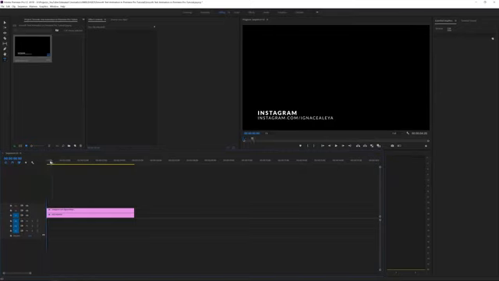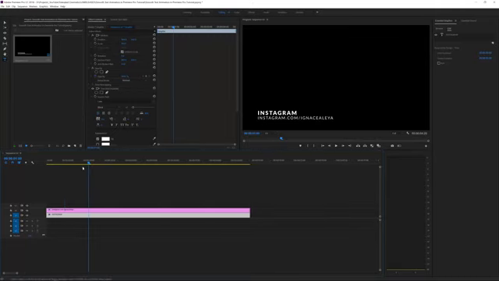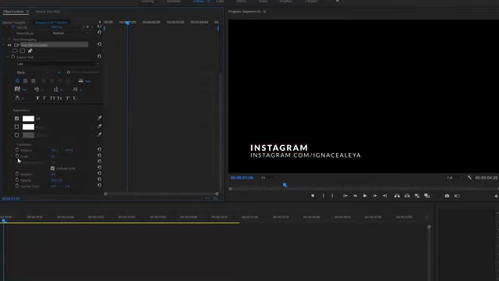So now we have our text, we have no animation whatsoever. Let's click on the Instagram first and do the animation for this one. So actually we want to do an animation in at 1 second, which you can see right here. And if you zoom in just a little bit more, there we go. We can go to our text here in the Effects Controls, scroll down, and here we can animate